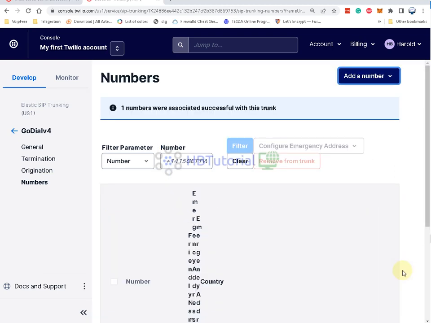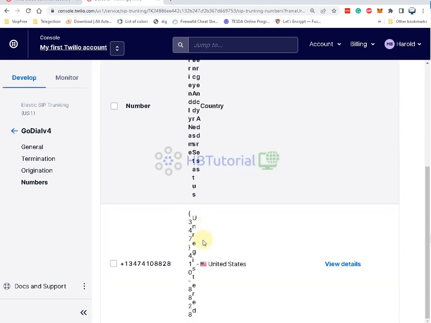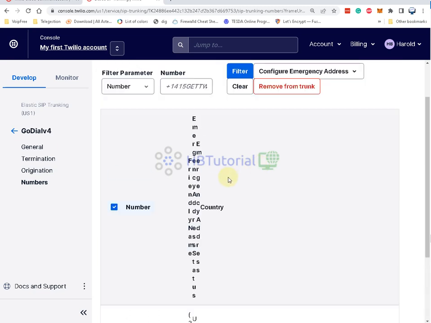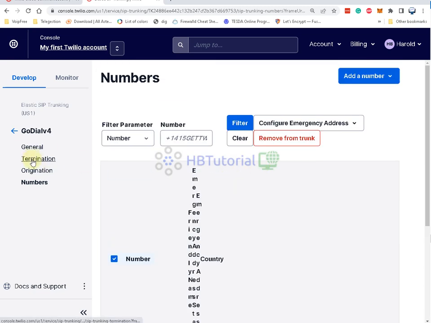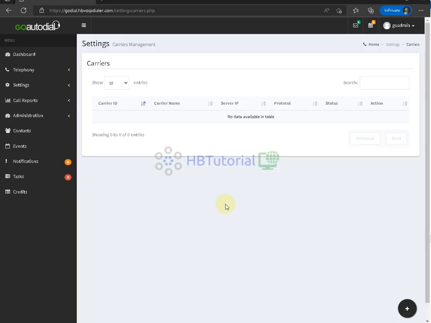We will use this as a caller ID also, but we can also add a caller ID on our Goautodial server. After that we create our trunk and add an IP for the IP authentication for our termination, and a number for this trunk. We can now configure our